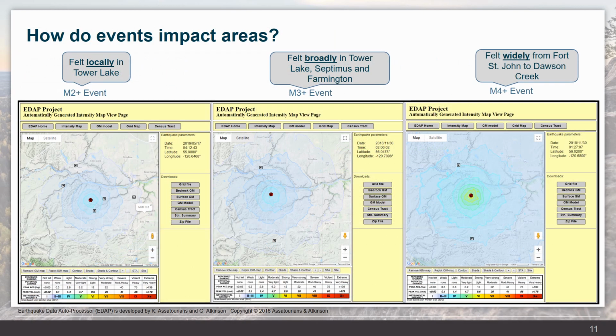When a seismic event occurs, vibrations radiate out from the epicenter. The closer a person is to the epicenter, the stronger they will perceive shaking from the event. The maps shown on the slide depict increasing magnitude events as you move from left to right, and their respective vibration patterns. Smaller events may be felt close to the epicenter, but the vibrations dissipate quickly, whereas larger events have a slower decay rate, and shaking may be felt more broadly.